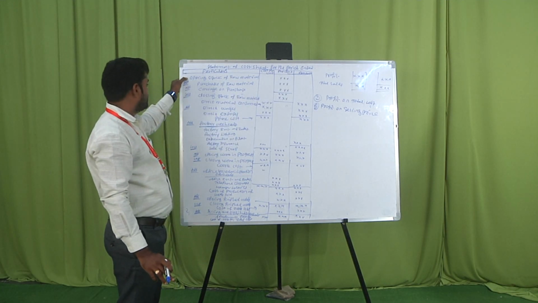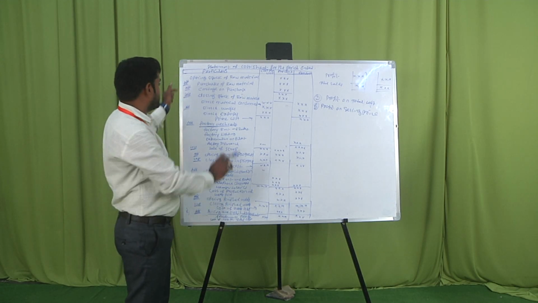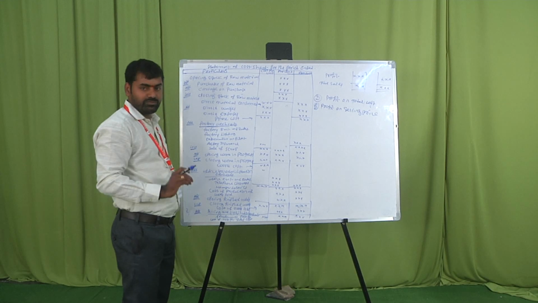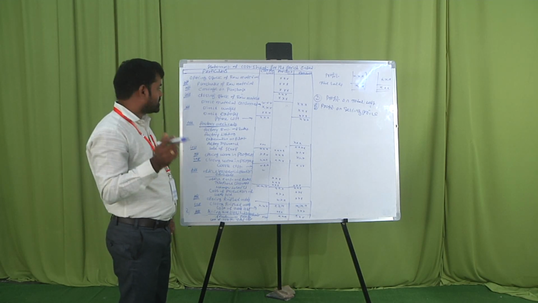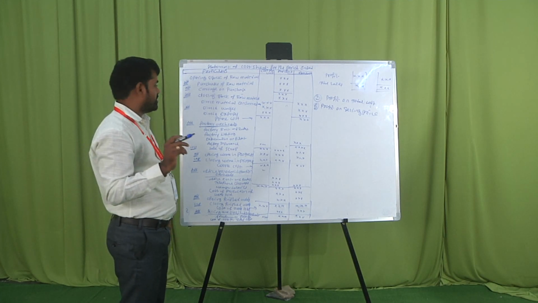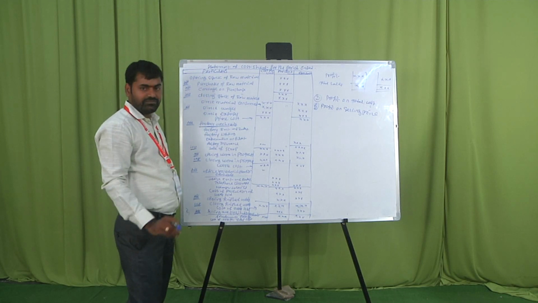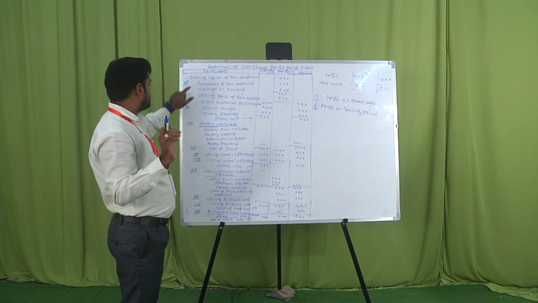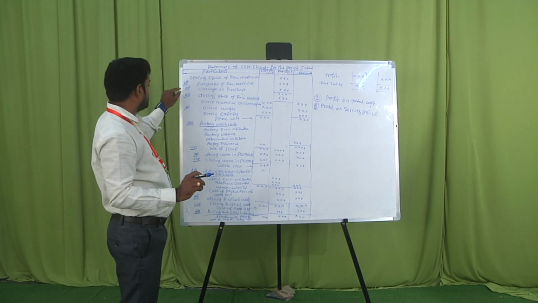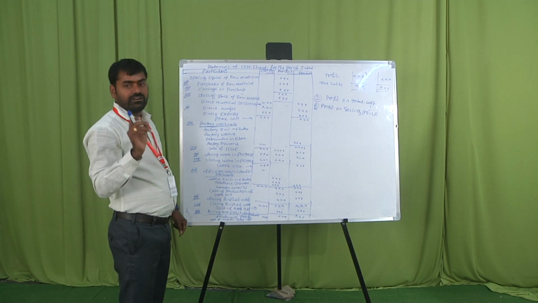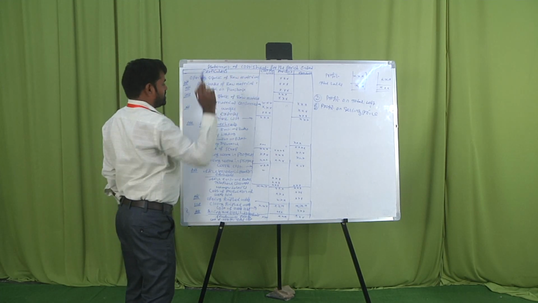In the first line, you start with opening stock of raw material. That opening stock of raw material is the most important, because whenever you are manufacturing a product, it is not possible without material. That's why you start with the opening stock of raw material. Then additionally add purchase of raw material from the suppliers.